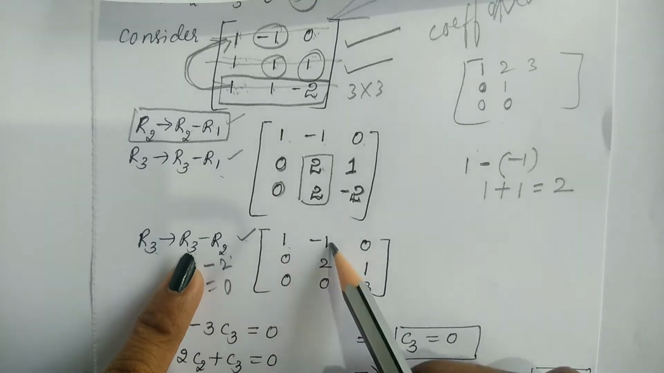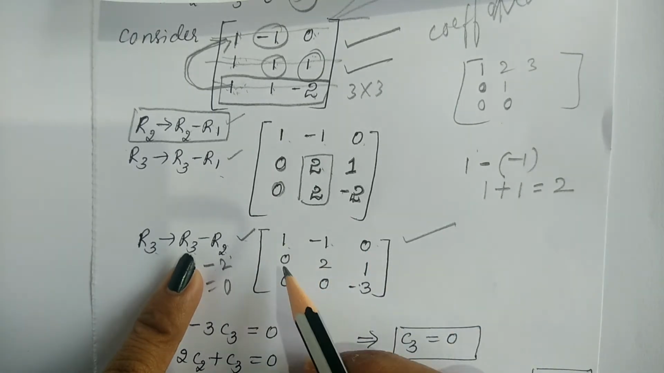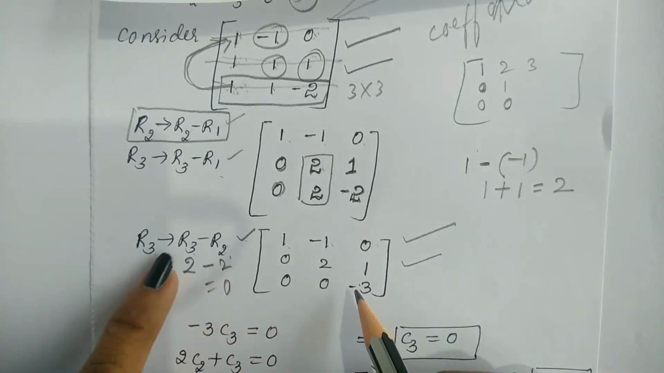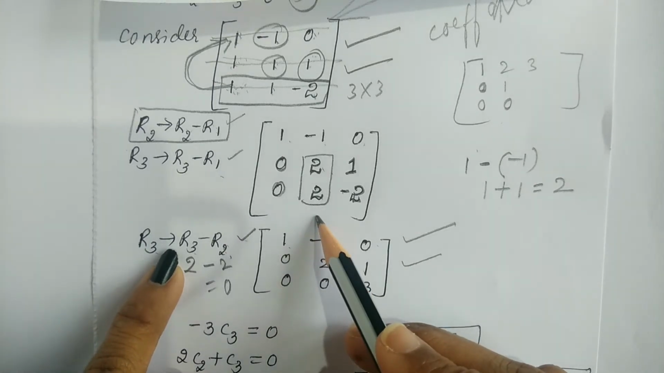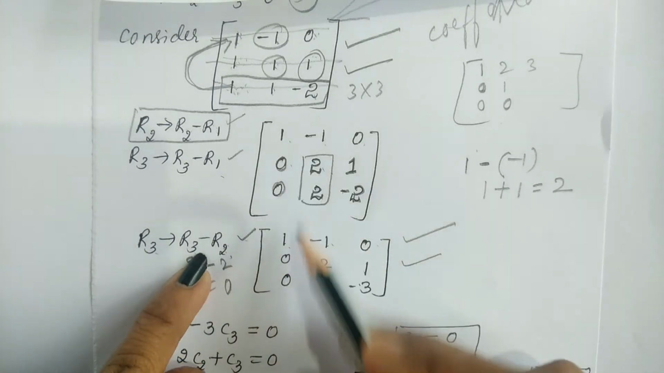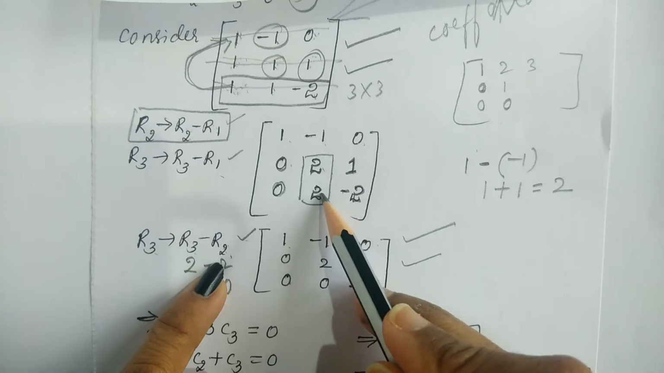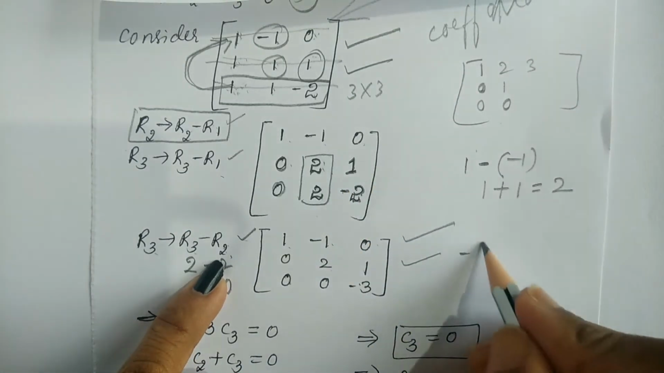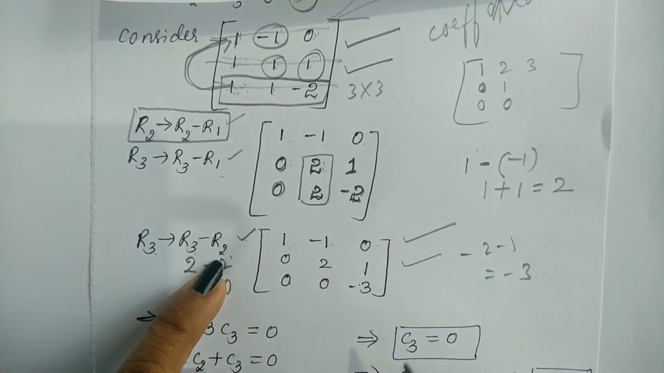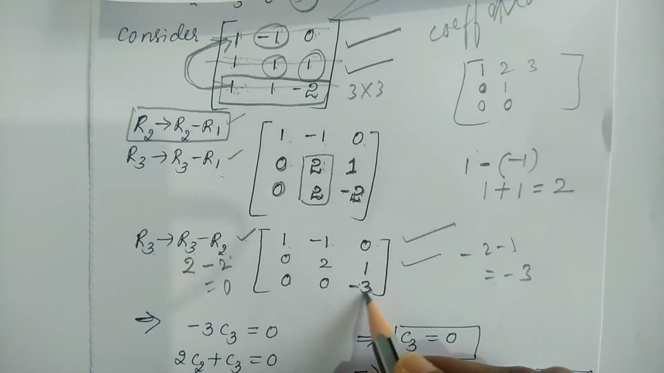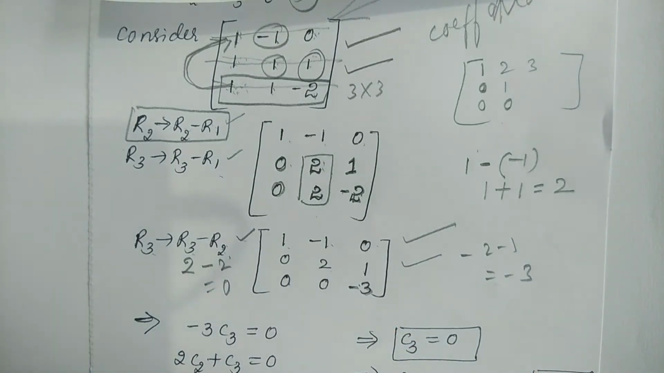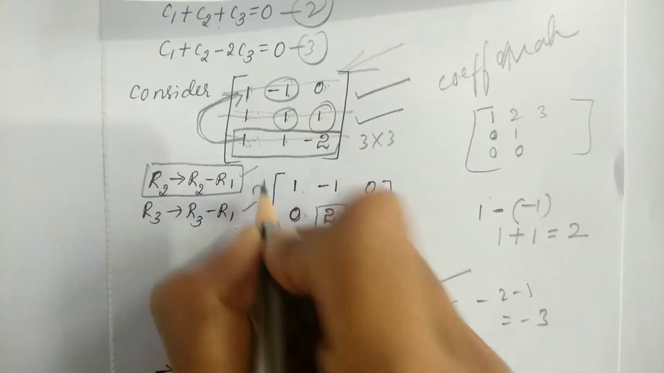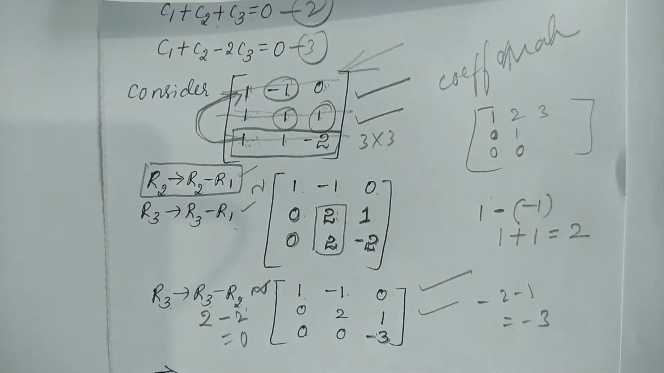So 1 minus 1 is 0, as it is; 0 2 1 as it is. Now operate R3 minus R2: 0 minus 0 is 0. Next 2 minus 2 is 0. Minus 2 minus 1 is minus 3, so put that one, minus 3. Is it okay? So now it is reduced. This matrix is reduced. In fact, this is equivalent to, using this symbol,